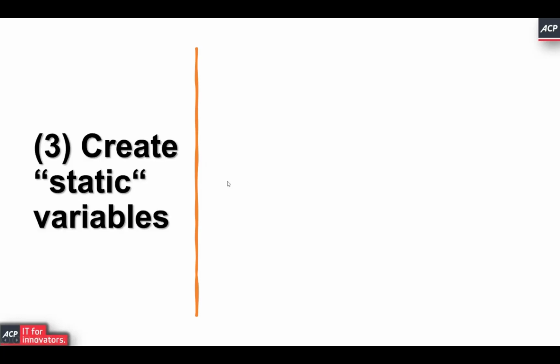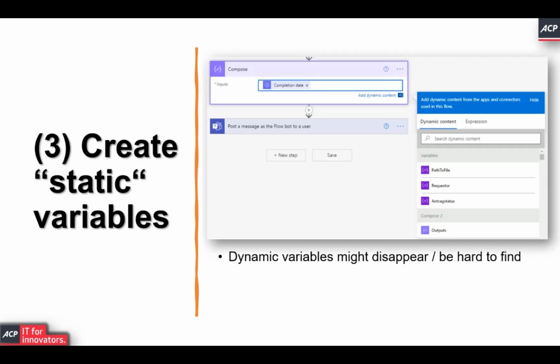Yes, the third tip would be create what I call, in inverted commas, static variables. What do I mean by that? One very important and wonderful feature of Power Automate is dynamic variables. What do I mean by that?